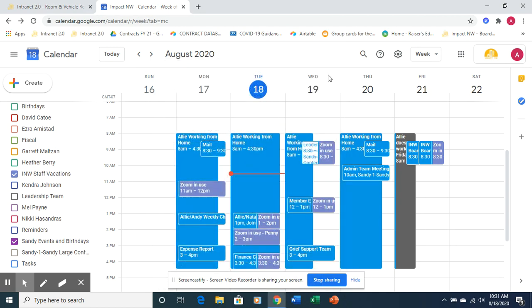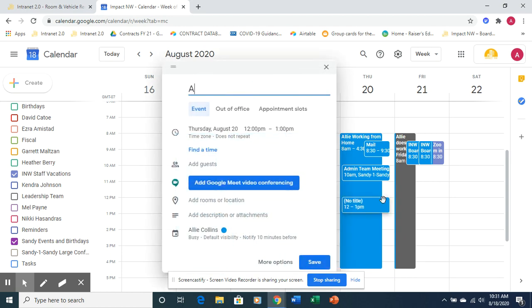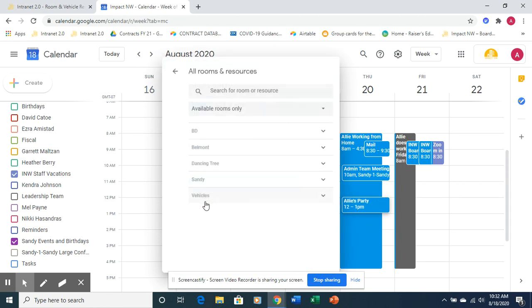Let's say I was having an issue though, and the room that I'm trying to book a meeting in is full, because that can often happen. And how do I know what other times my room is going to be available for my meeting? So let's say I want to throw a party at noon on Thursday. I go to book my room